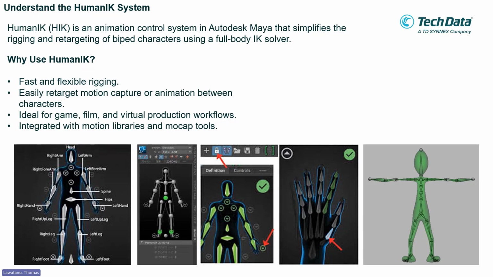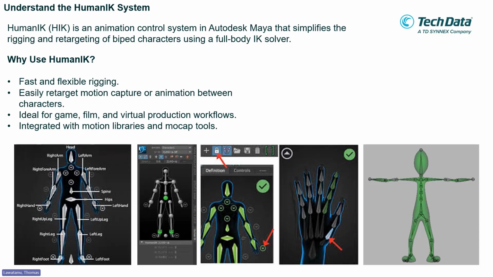And second, it makes retargeting motion capture easy. Say you want to implement motion capture on your character. The next step is retargeting. Once you get the bones on your character, before you apply the motion, you need to retarget. We need to change from the bones to the characterize, I mean characterizing your bones.